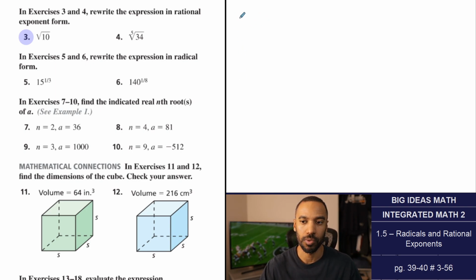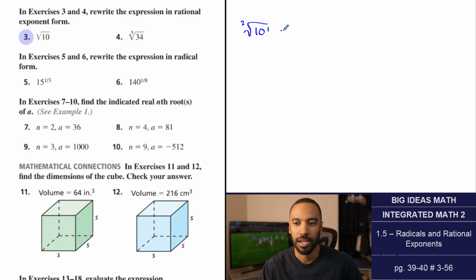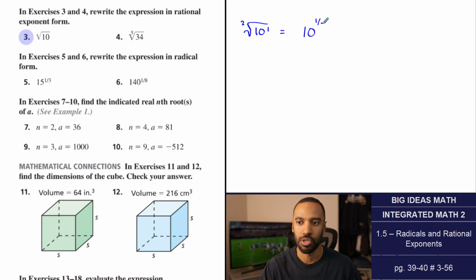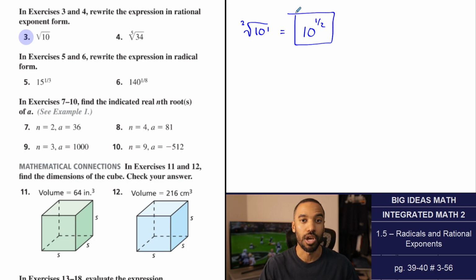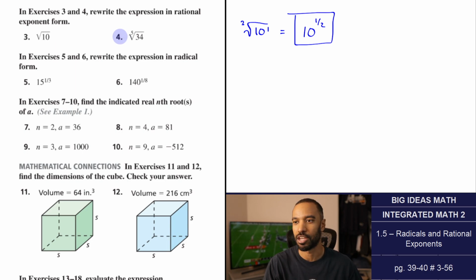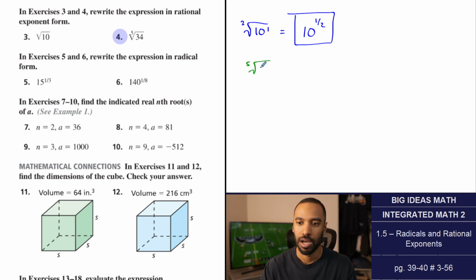So these are straightforward. There's really no work. Well, there's some work to show. The square root of 10, if you recall, is the second root of 10 to the 1st power. Therefore, that is equivalent to 10 to the 1/2 power. It's probably better that you just know square roots mean to the 1/2 power, and that'll help resolve a lot of things. But that's a justification for that reasoning with those numbers, because those were implied. Those were never there in the first place. All right, number 4, we have the 5th root of 34, which is going to be 34 to the 1/5